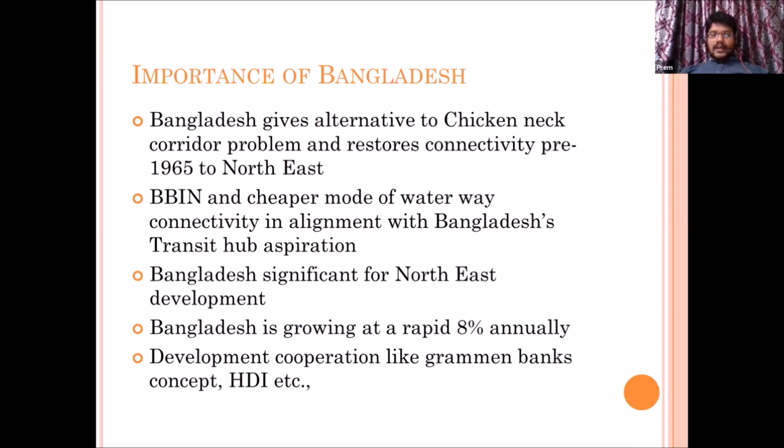And if you see HDI indicators, HDI means Human Development Index, in that also, Bangladesh is much better than India actually. So there are some lessons like how they are dealing with poverty, how they are dealing with sustainable development, because it is a very small country with a huge population. If Bangladesh is doing it, we can do it in a better way. So that is why cooperation is very important to import and work on those ideas. And it is very much suitable for India. So that is why Bangladesh is very important for India from all these aspects, from development to strategic and security aspects.